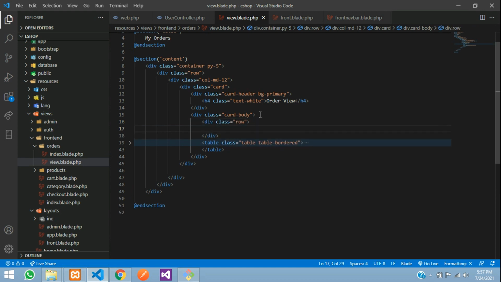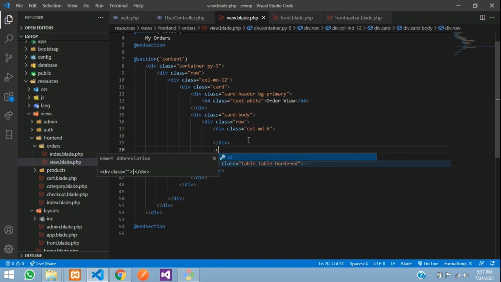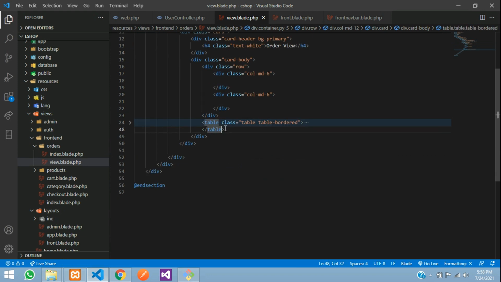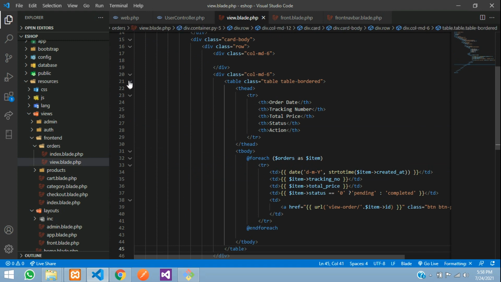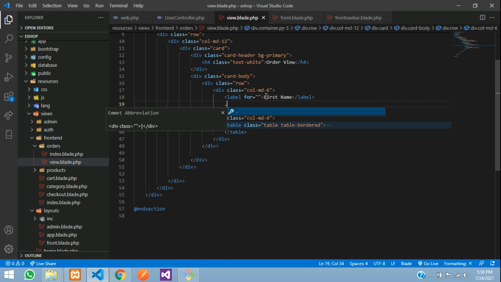So row, dot col-md-6, dot col-md-6. Just Control X and paste it inside this, and in this part we will be having the first name, last name and all. Let me say label first name and this will be a div with border